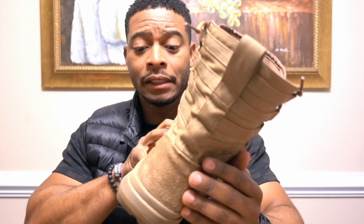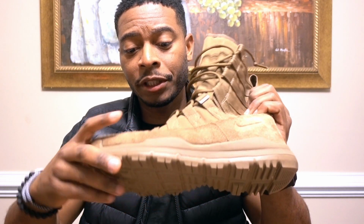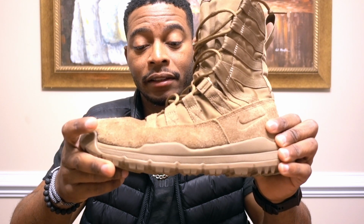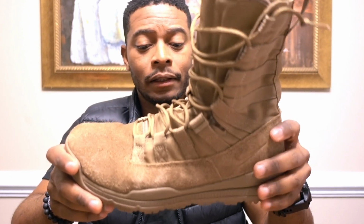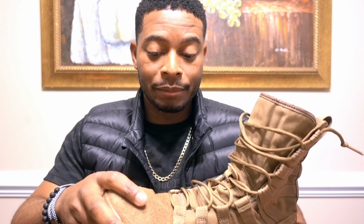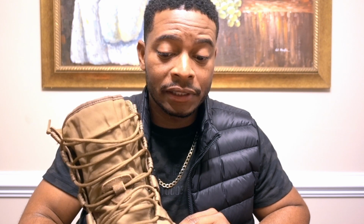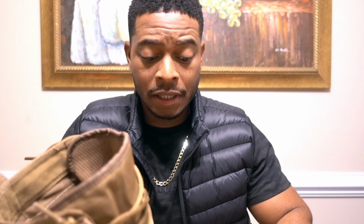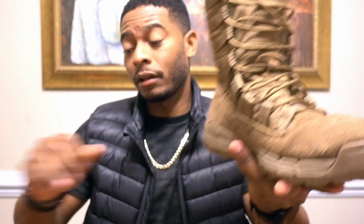But yeah, there you have it. As you guys can see on that ruck march, these felt really good for me. I actually did 6 miles on that ruck march, and I ran literally the whole way. Well, ranger jog with my rucksack the whole way. I got no blisters, no heel scrapes, and my toes were fine. I wore regular socks. I didn't even wear my thick military socks that I usually wear on ruck marches. But yeah, these fit really good. I love them a lot better than the